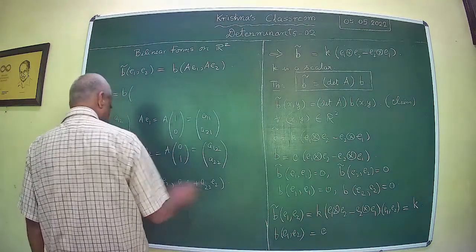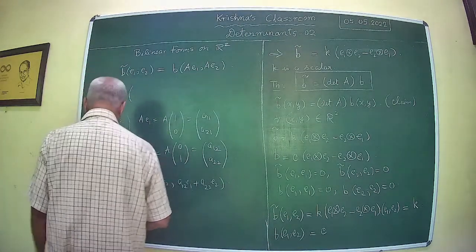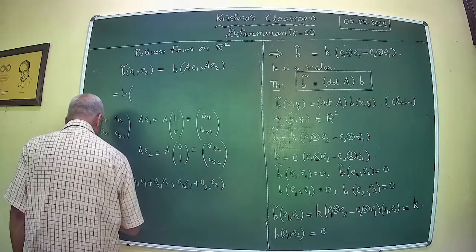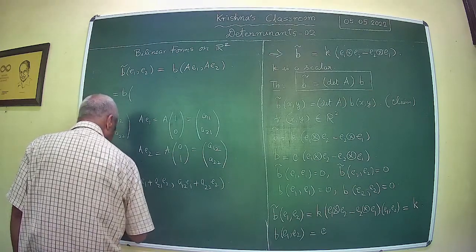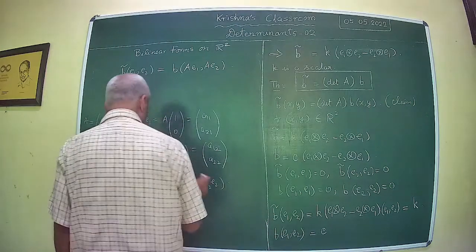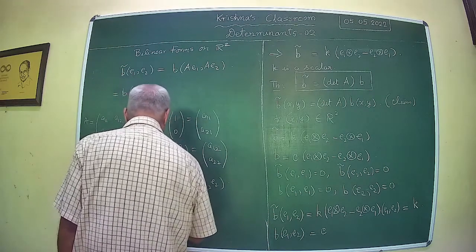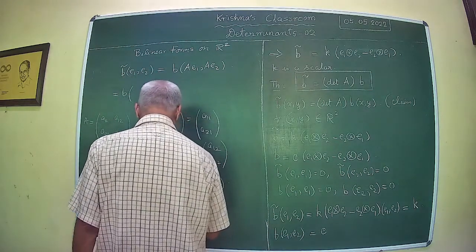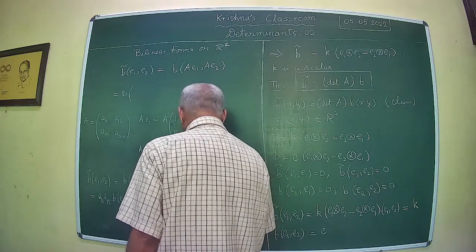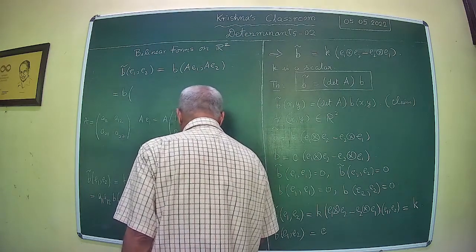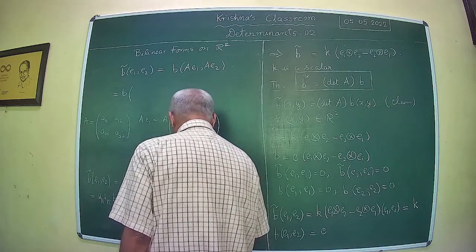You will get A11 A12 B of E1 E1, plus A11 A22 B of E1 E2, plus A21 A12 B of E2 E1, plus A21 A22 B of E2 E2,